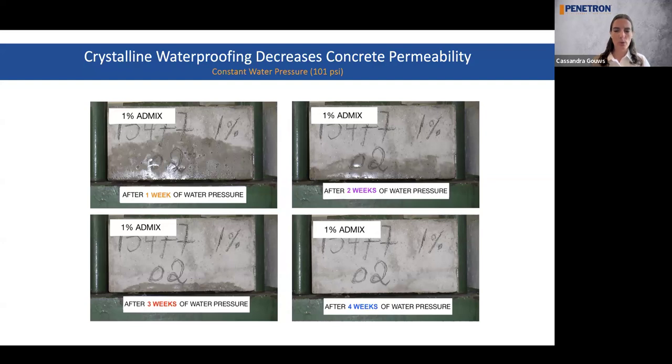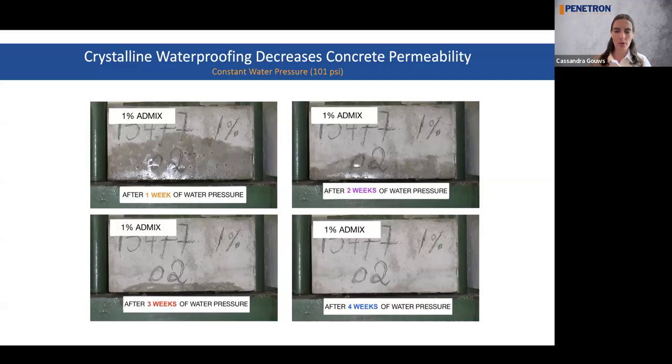There's a constant water pressure of 101 psi from the bottom, for the entire 4 weeks. After the first week, you can see that the water only goes halfway through. Some of that water has been used and crystals have grown, but not all the way yet. And as time goes on, more and more crystals form,